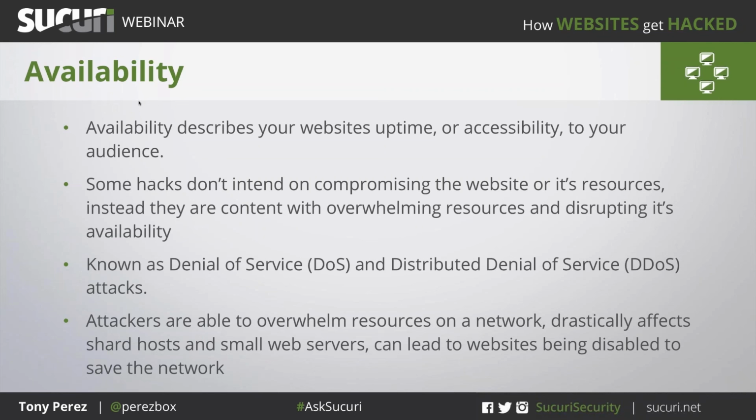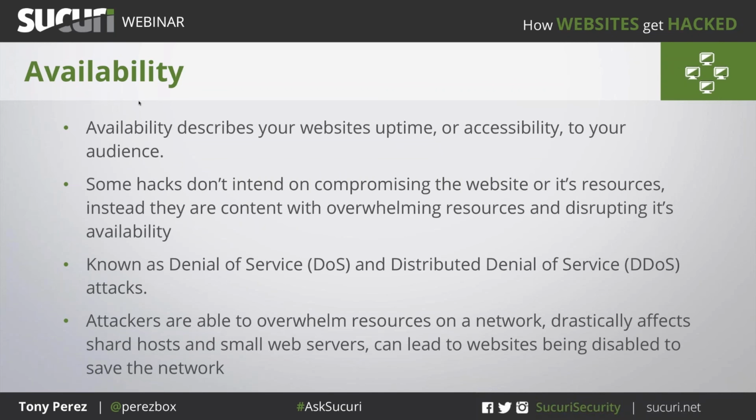Especially as we see this evolution of denial of service attacks on things like layer 7, inundating your environment with HTTP requests of some kind, to the point where it saturates the network, and maybe your host comes in and says, I'm sorry, you're on a shared box. I just can't afford you to be in our environment anymore because you're having residual effects across my entire network, and they kick you out. And all of a sudden your website that you're most dependent on is down. So it's not necessarily a hack where they compromise the environment, but it's a hack where they can bring down the availability of your site, which can have adverse effects on you and your business.